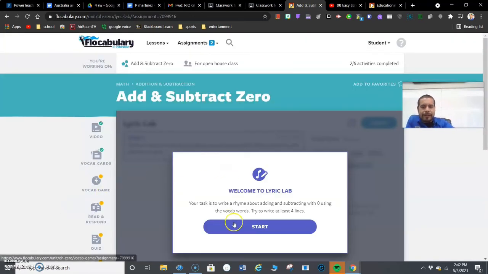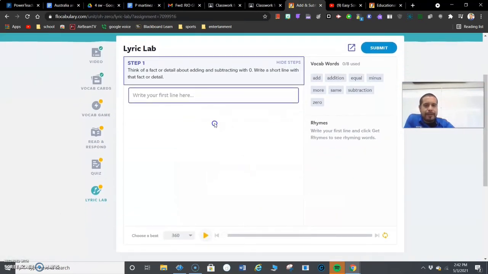Then there's the lyric one. So we get started. Here it says, think of a fact or detail about adding and subtracting 0. Write a short line with the fact. So here you'd have to write a short sentence, I guess. See, I haven't really tried these. So here you'd put,